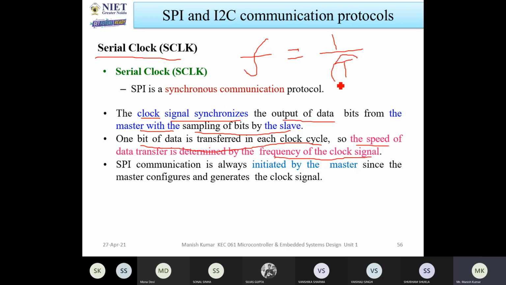If you are able to find the time period, then you can tell what the speed is. How can you tell whether the speed is increasing or not? Whenever the time is less, it means that the frequency is more. Time is less, it means that whatever instruction is executed by the processor happens within 1 clock cycle.